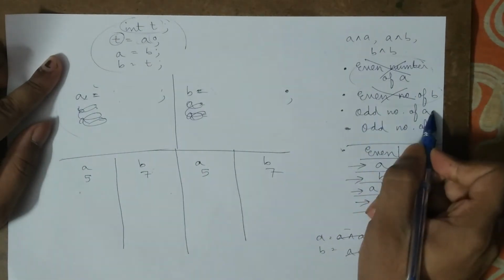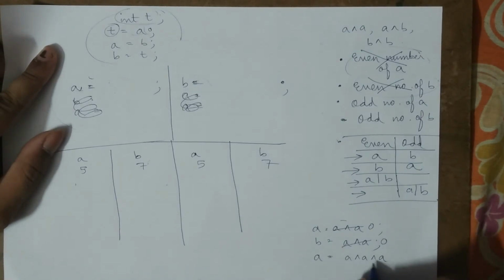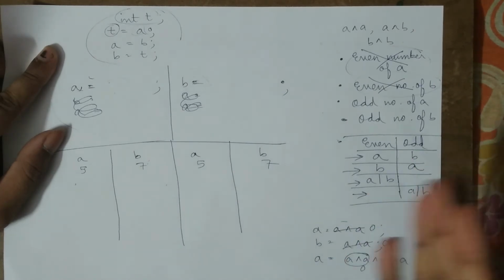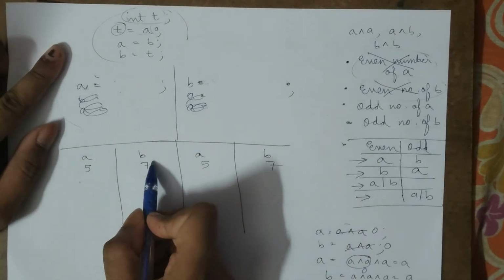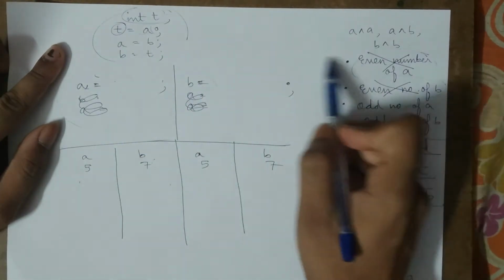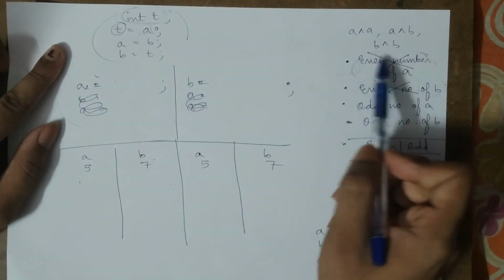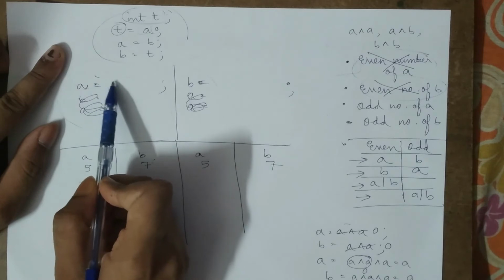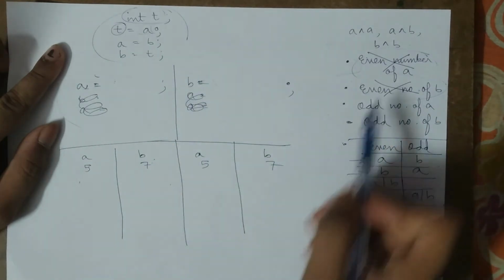Now if we take A an odd number of times, so if we write A is equal to A XOR A XOR A, these two will cancel each other out to give 0, then 0 XOR A is A. So A is equal to A makes no sense, and if we write B is equal to A XOR A XOR A, then B will be equal to A. For each case I will be talking about both parts of the code. In the previous case, when A was present an even number of times, first I wrote A is equal to A XOR A, and then B is equal to A XOR A, and both turned out to be of no use to me, so I cancelled out this case.